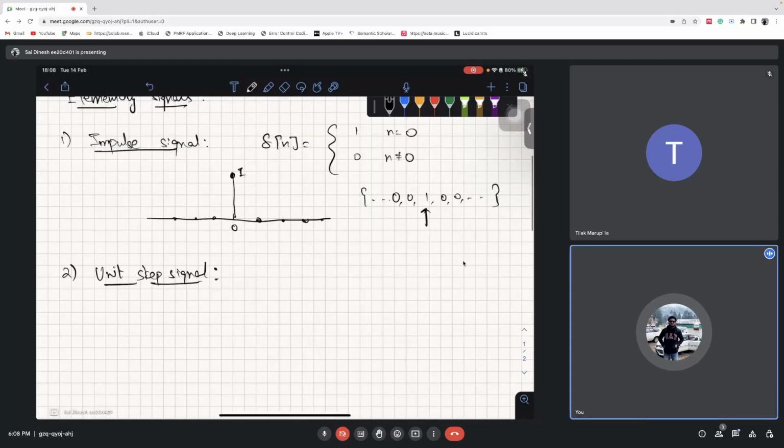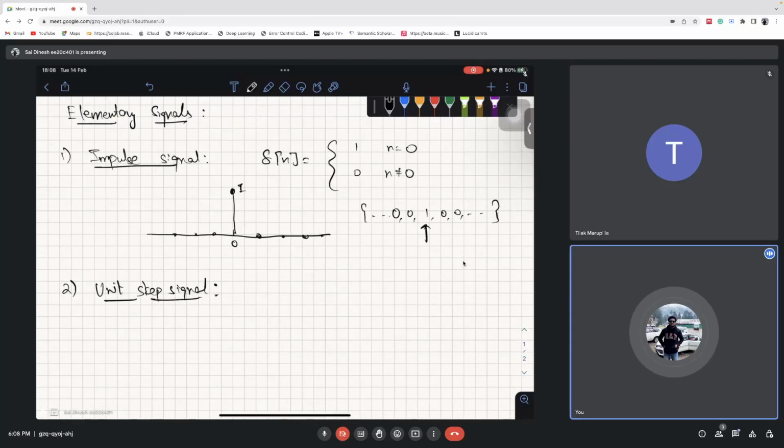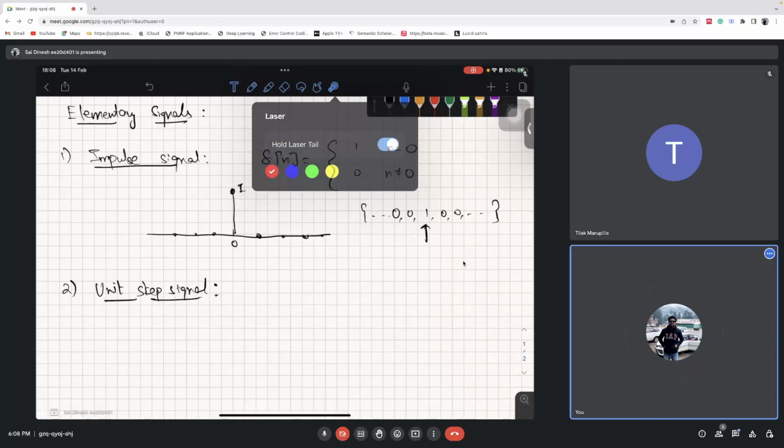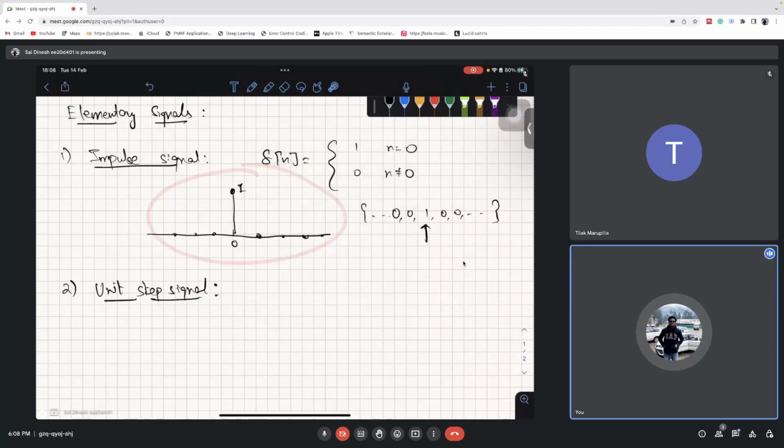Right. So first is the impulse signal that I'll be talking about. The impulse signal is represented by delta of n, which is equal to 1 at n equal to 0, and 0 for n not equal to 0. As we can see, it is represented by the signal that we have here, and in a sequence representation, this is the sequence. The impulse signal is a very important signal, because later in the course we will see that any signal can be represented as a summation of shifted and scaled versions of the